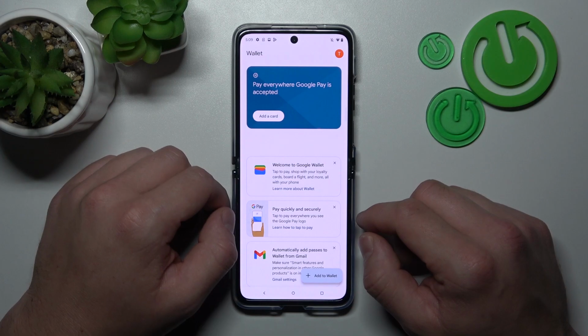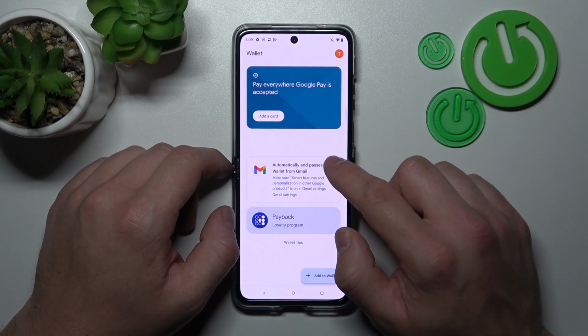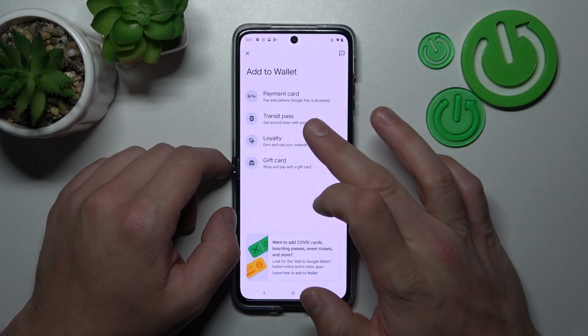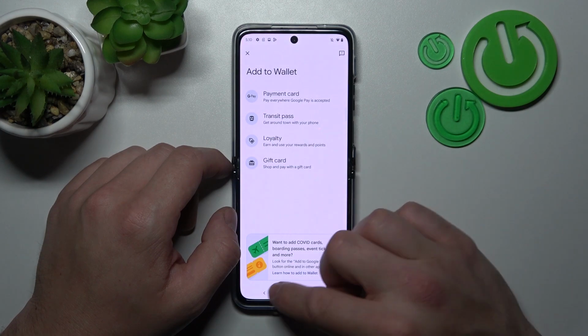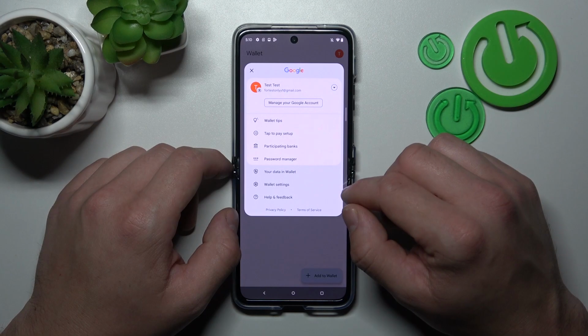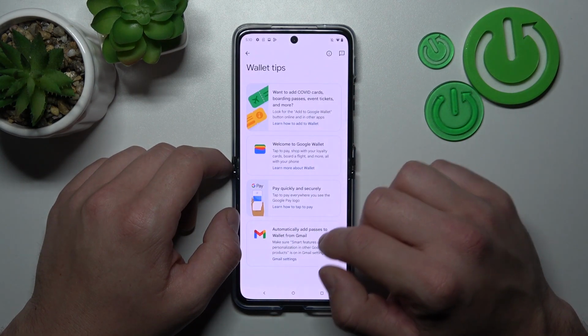and as you can see from the homepage of this app, you can add payment cards, check quick tips, manage your passes, and add new passes like transit pass, loyalty and gift card to your Google account. Also, if you go to menu, you've got access to your Google accounts, all wallet tips,